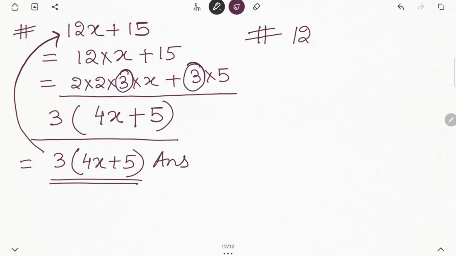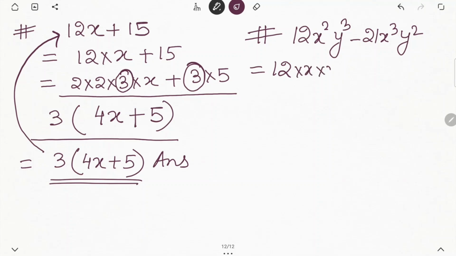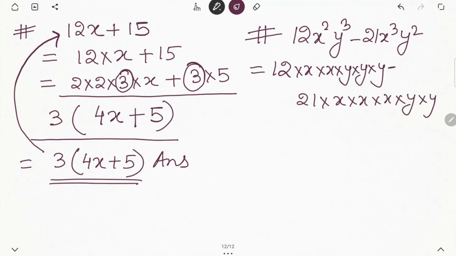Say here we have 12x square y cube minus 21x cube y square. So here also, as I told you, first I'll write it in a product form. So what does this mean? 12 into x into x into y into y into y minus 21 into x into x into x into y into y. Okay, so I have written this in the product form, and now what I do, I factorize